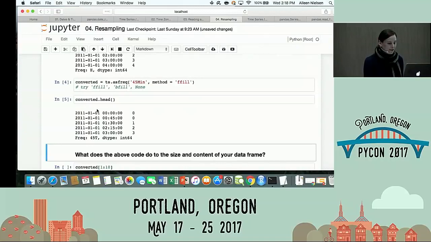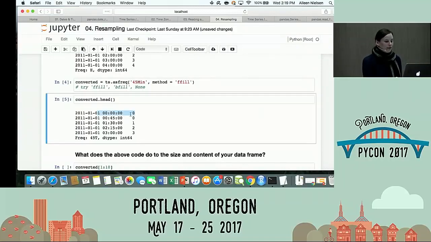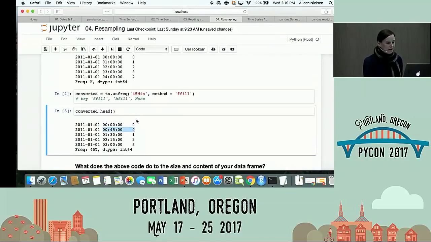If we look at it, like we were saying, at 12 a.m. I've got 0. At 12:45 I've got 0. I skipped that 1 a.m., but at my next data point in my new series, 1:30, that 1 a.m. actually has influence, right? Because this 1 a.m. with a value of 1 has now forward filled the 1:30. So even when I drop those data points as I'm resampling, the value and the information there is carried forward to some extent. Now, the opposite of forward fill would be a backward fill, right?